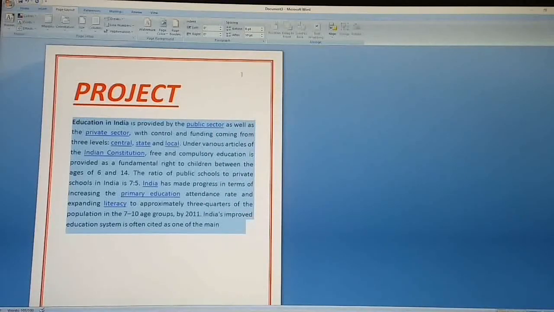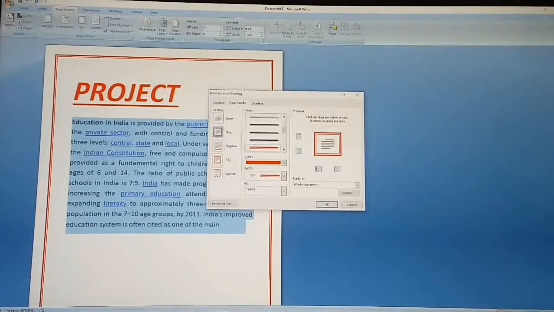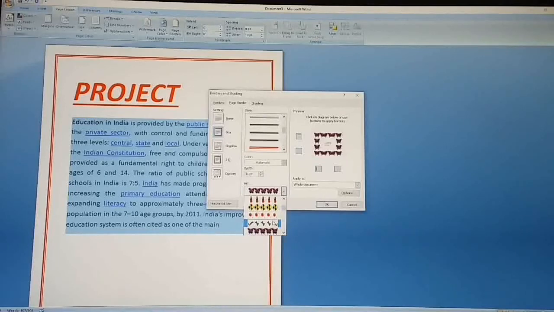Like this the border will come. If you want to make decorative borders, click on the Art option, then we can choose any of the border designs available there.